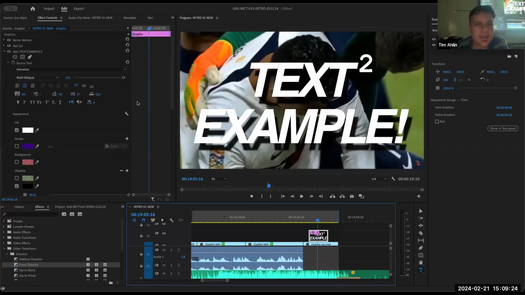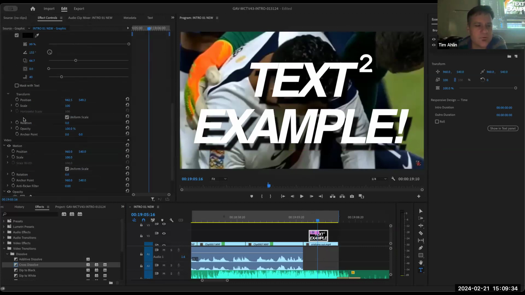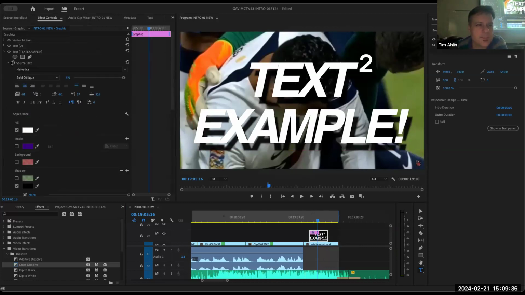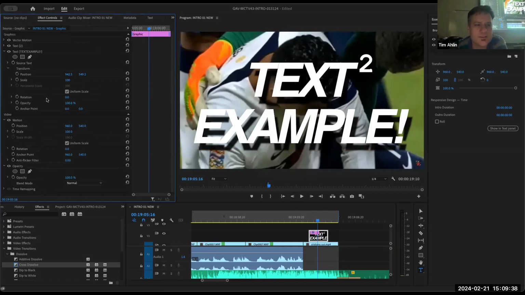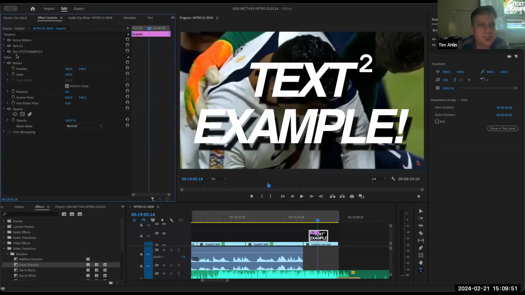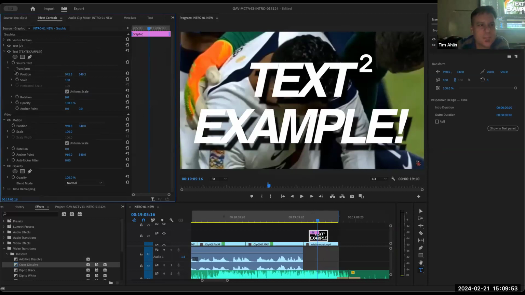What we can do here now, I'm going to move the chat over here. What we can do now is, you can see all of the stuff that we did came over here. You can actually affect it over here. It's just more condensed and less fun to mess around with. But look, we have our transform, our positions, our scale, our opacity, all of the normal motion stuff that we're going to mess about with this text layer.